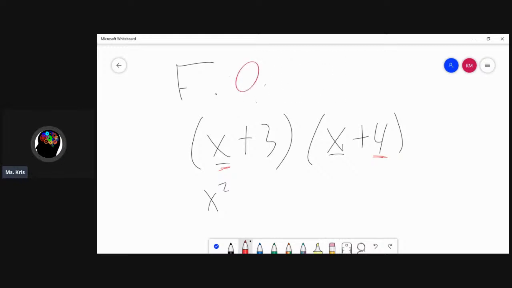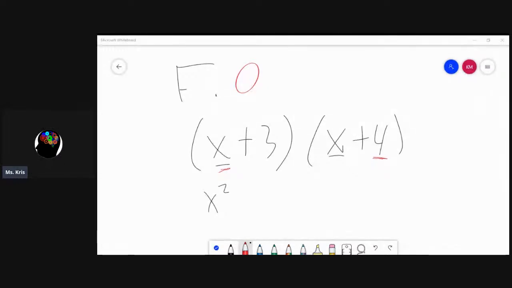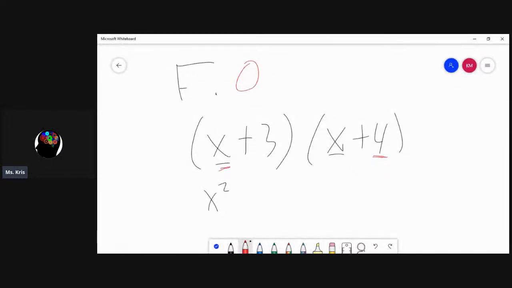So this will be O. I will be blue. L will be green. So now, first, outer, inner,